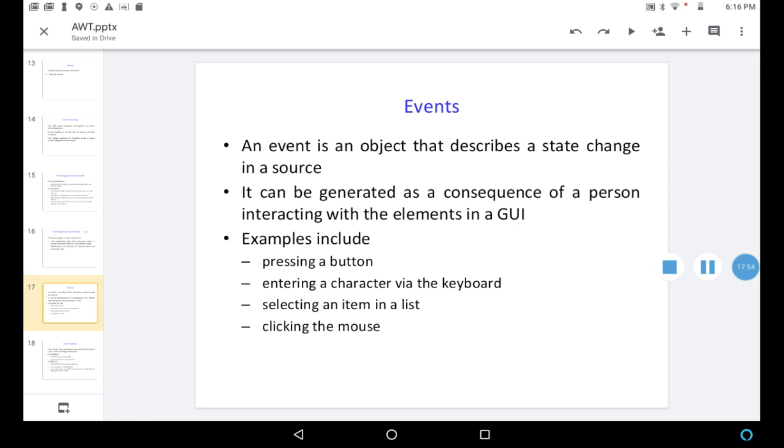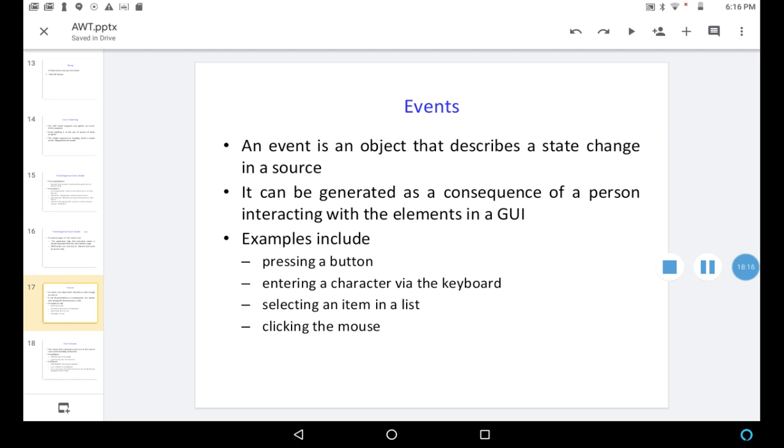It can be generated as a consequence of a person interacting with the elements in a GUI. If the user is interacting with the graphical user interface, what does it have? It has all the controls.